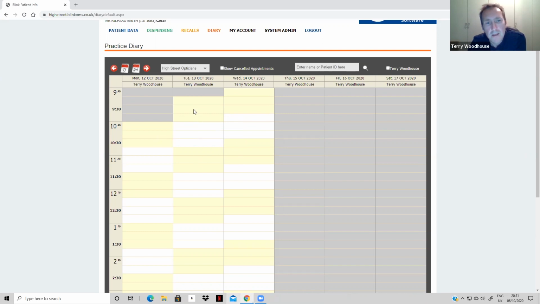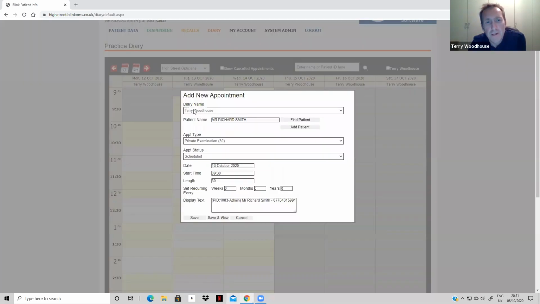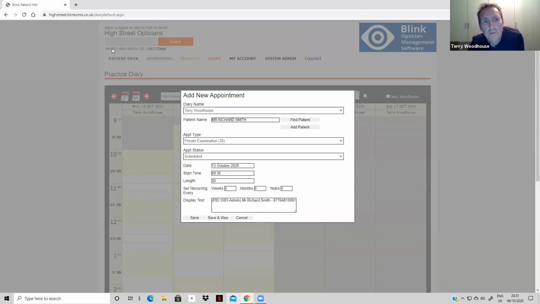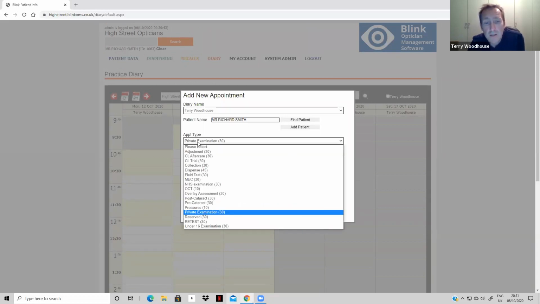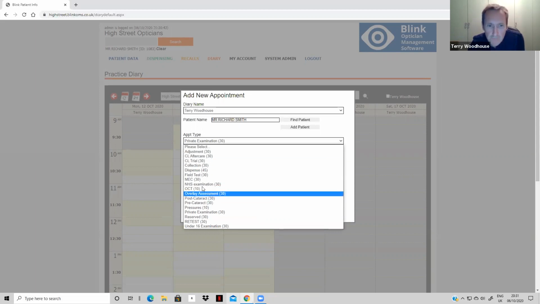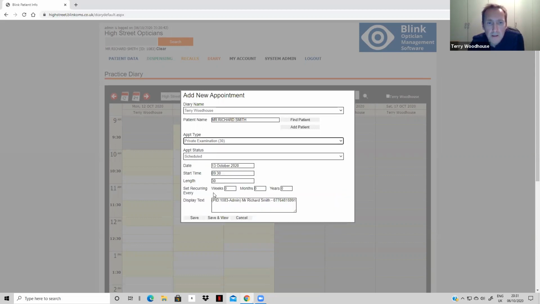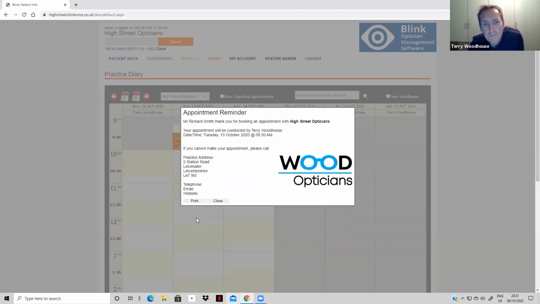So adding patients into the diary is just a double click to bring up the appointment slot. It will select the current patient. So the current patient we've got here selected is Richard Smith. And I can select the appointment type. So again, these are all configurable, as we just briefly looked at. So a private examination, for example, obviously comes in with a default length of 30, but I can change that. And if I just save,